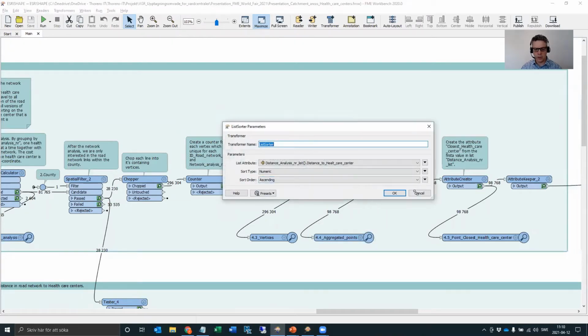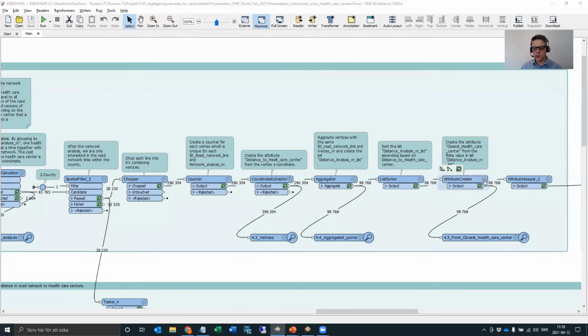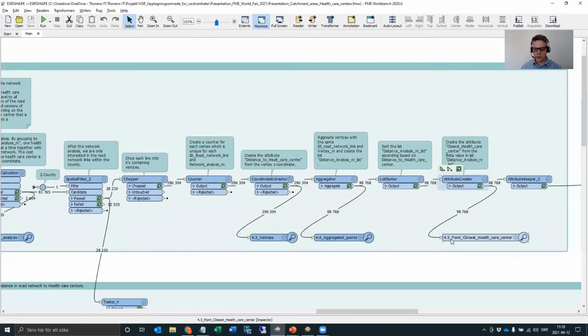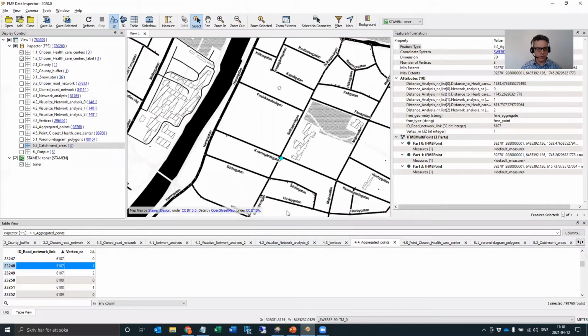I sort by distance to healthcare center, numeric ascending, so the shortest distance first. And when I've done that, I can grab the corresponding network analysis number in the first item with the shortest distance, and I call that closest healthcare center. So looking at 4.5,